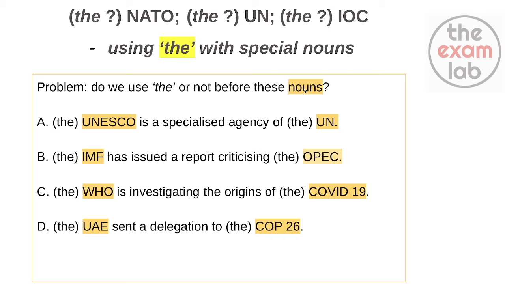So we're looking here on our screen at 4 sentences, A, B, C and D, and you'll see certain words have been highlighted in brown. UNESCO, UN, sentence B, IMF, International Monetary Fund, and OPEC, Organization of Petroleum Exporting Countries,